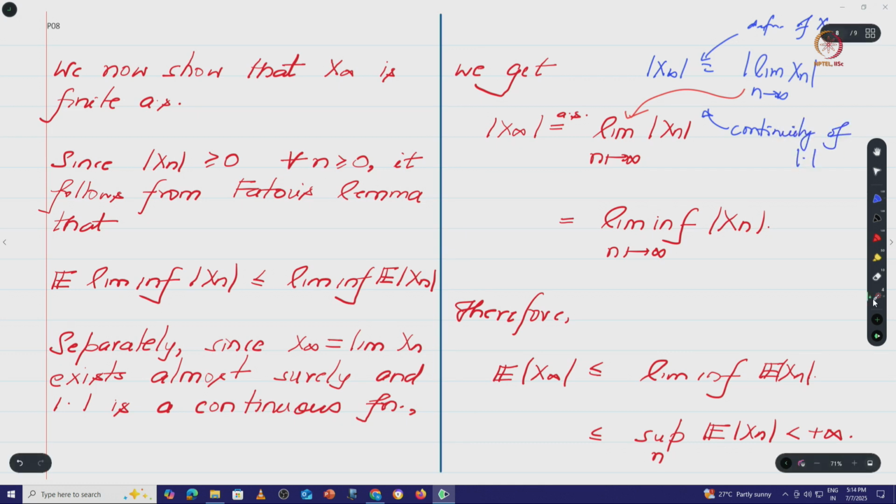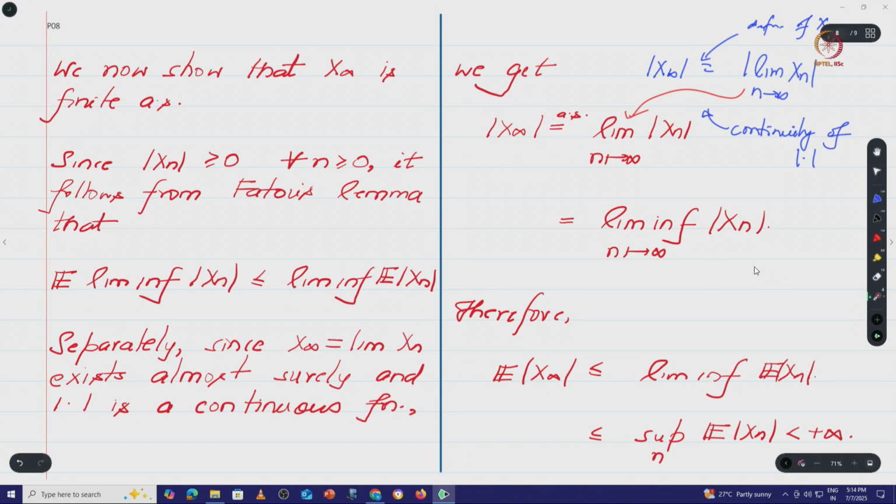Is this okay? And because the limit exists, the limit of this is equal to the liminf of this. Is this okay? So that one can easily show, right,